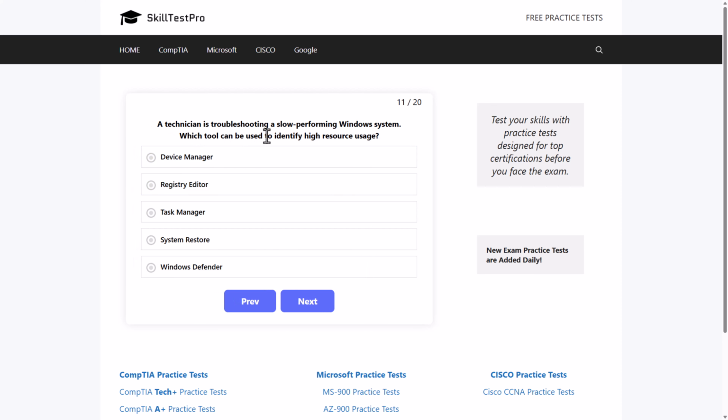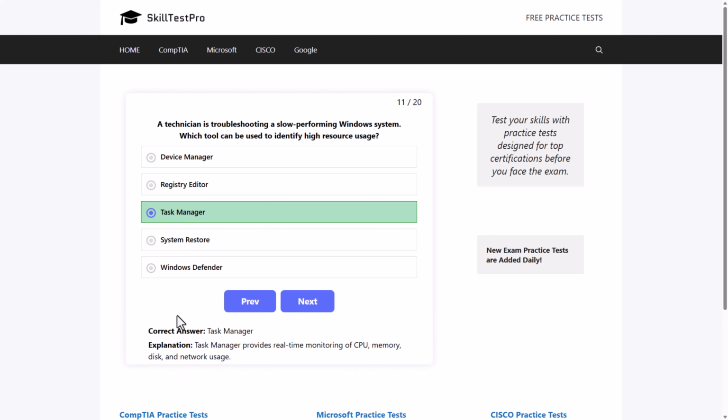A technician is troubleshooting a slow-performing Windows system. Which tool can be used to identify high resource usage? Device Manager, Registry Editor, Task Manager, System Restore, or Windows Defender. Which one would be the correct answer here? And the correct answer here is Task Manager, as Task Manager provides real-time monitoring of CPU, memory, disk, and network